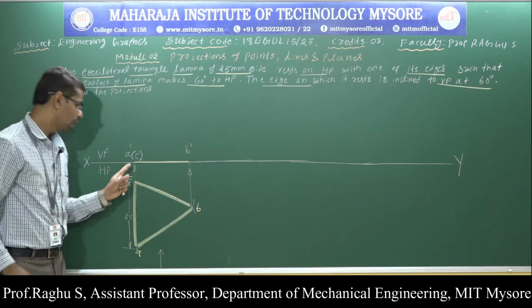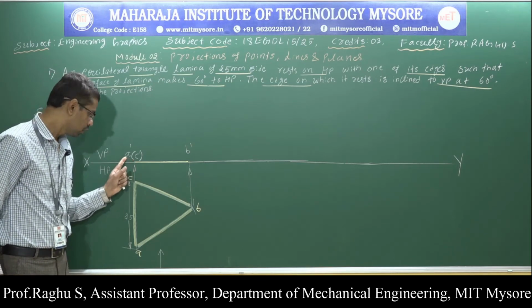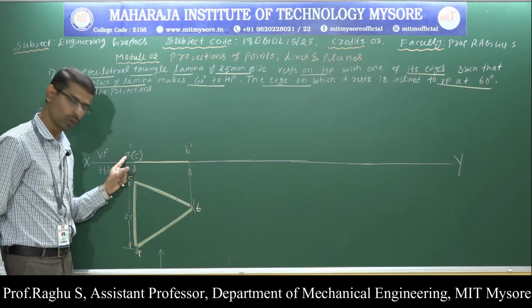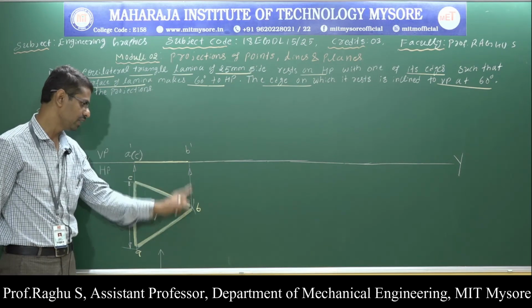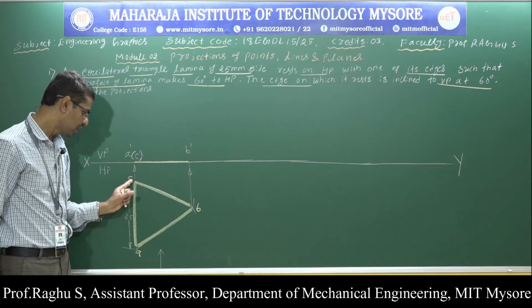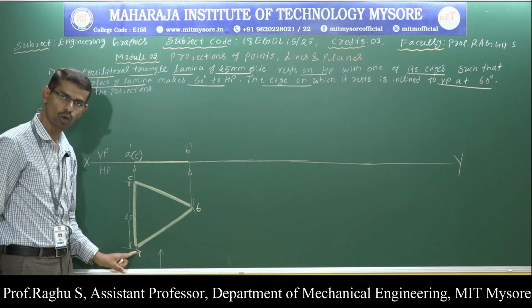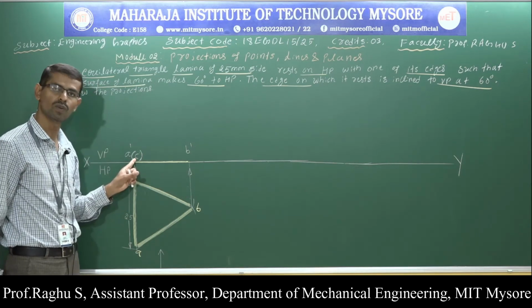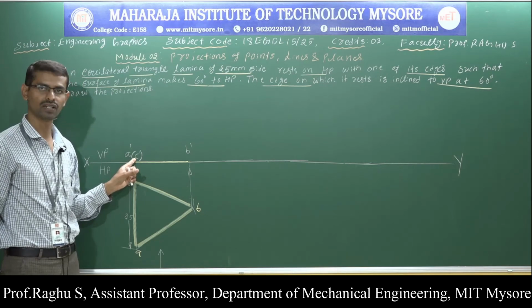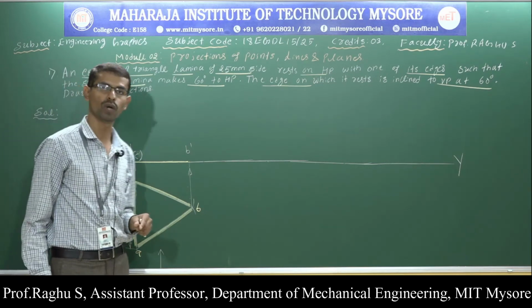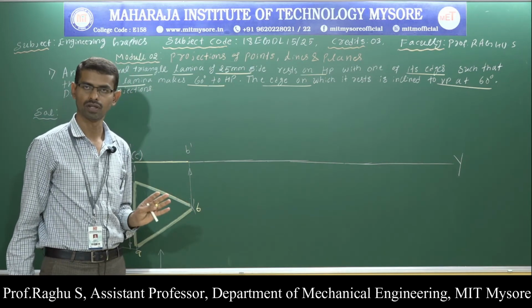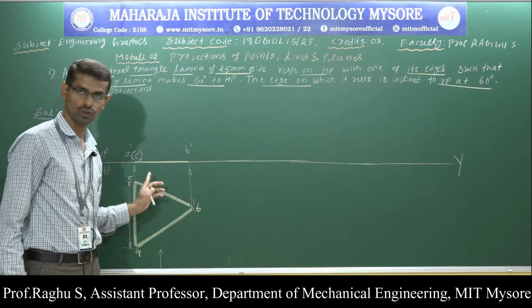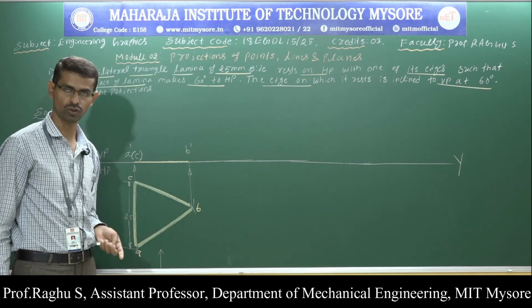Front view naming. So A dash visible in the front view. Here this line is coming from A and C. Therefore A visible, B visible. But here point C is behind point A, therefore it is invisible. Invisible points are indicated in the bracket. So I have completed the first position. Observe here, I do not consider any inclination. This is called the resting position. First position is called the resting position.